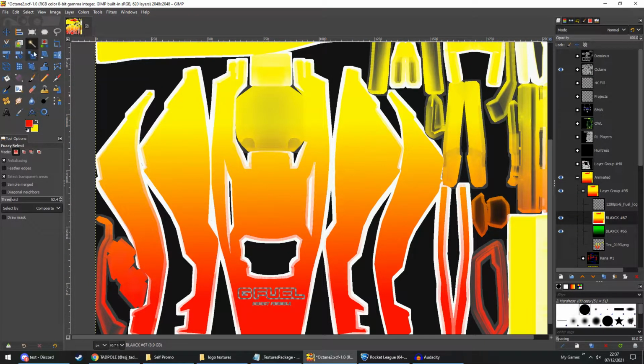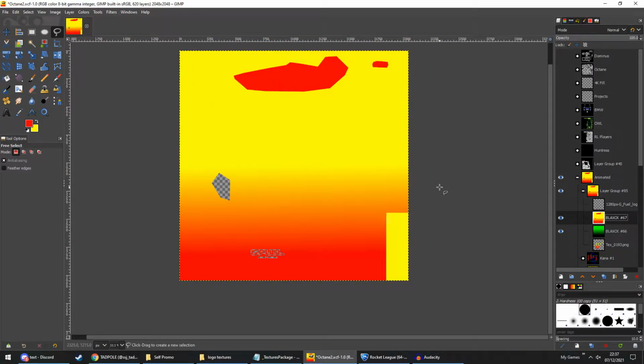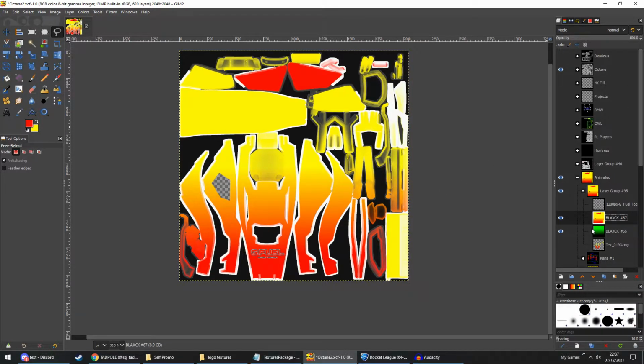And what I will also do is do this, for example. I don't know why I'm doing it, but let's just say we're going to do that. So if I hide the diffuse, this is what we've got. Now, again, going on a previous video of making paintable decals, we need to mask this. The best way to mask this is get the diffuse. We shall make a new layer, put this to the top, get a black,